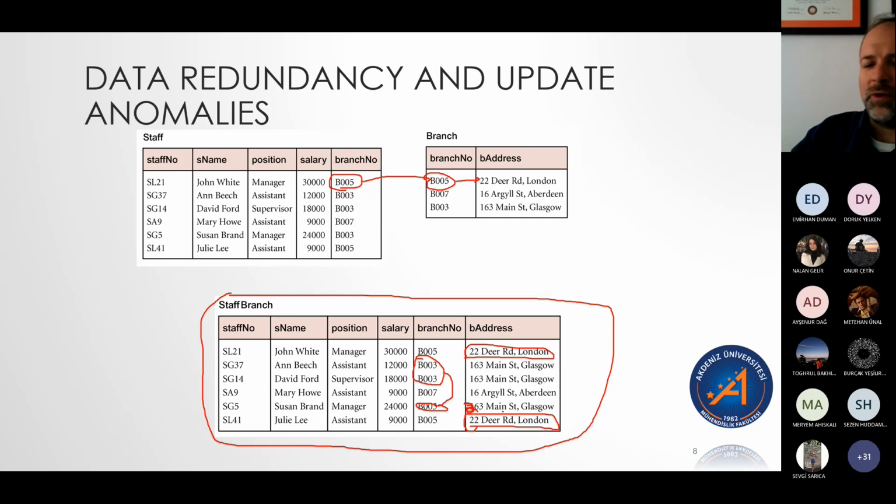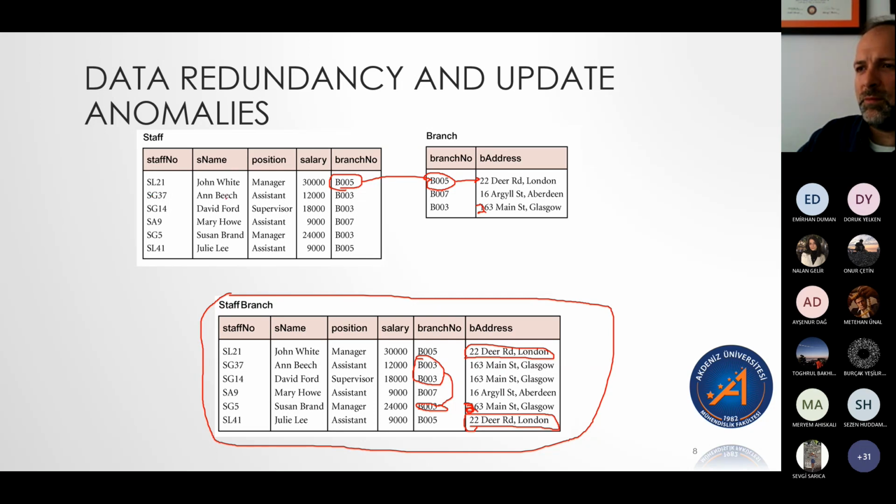Right? This is an example of an update anomaly, where we changed it for one row for B003, but we forgot to change it for the others. So in this format, by separating it out into two tables, a staff table and a branch table, if Susan calls a meeting and says, hey, branch B003, we're moving, rent's too high, we can't afford it anymore, we're moving to 263, and I change it here, then what happens?